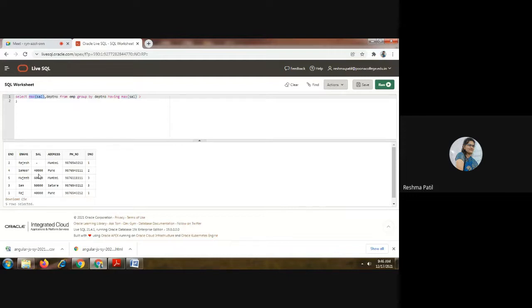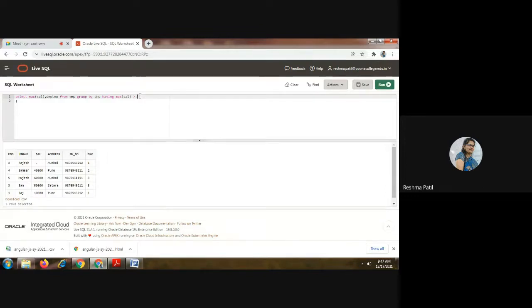Using this, it will get 60,000, comma department number. We have to get the department number of this employee also, that is 3, from EMP. Now we have to group by department number. If more than 2 records contain the same salary, then it will give different department numbers. If there are employees with the same department number and the same salary, it will show that department number only one time. Having max salary, here you can show the condition also.